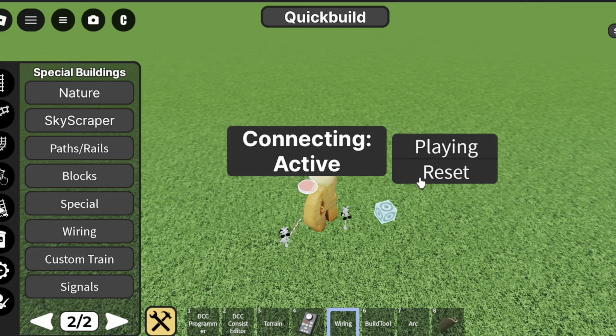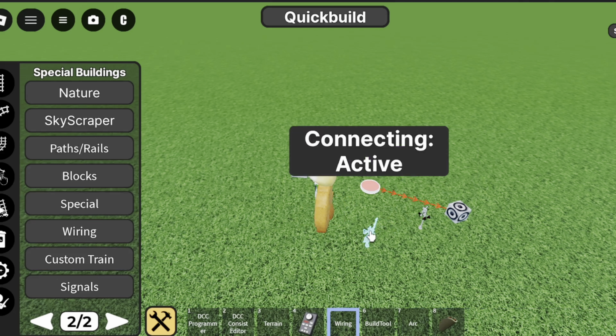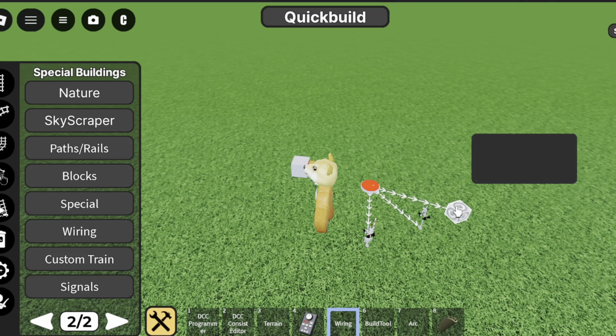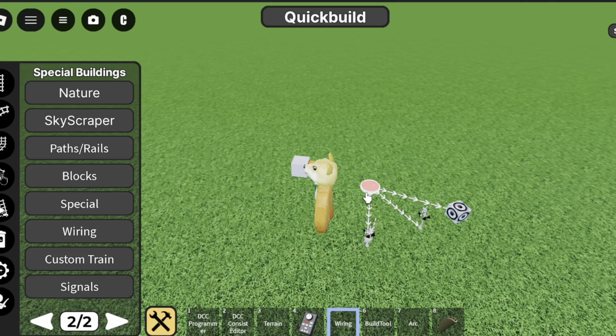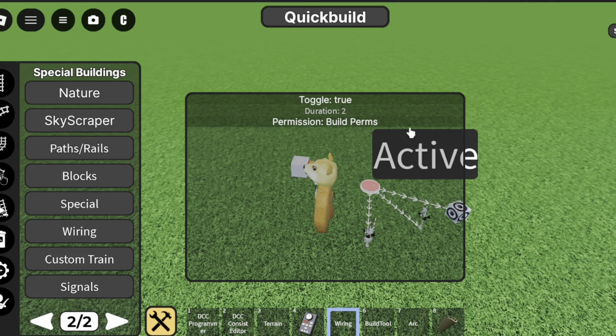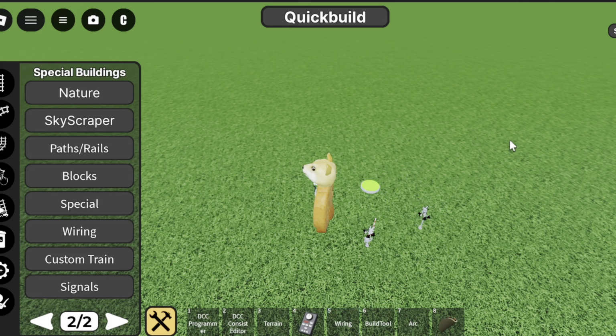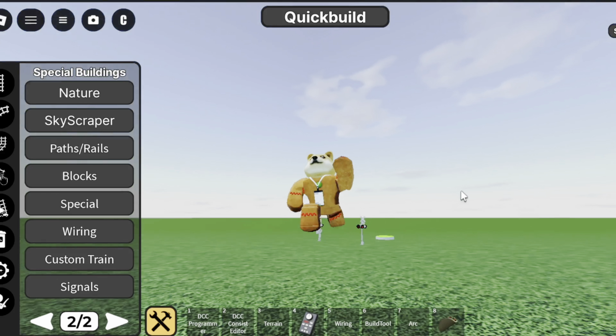Then connect them. And once you do that, you can go back to the audio. You could paste that one in there, the one you already have from before. If it doesn't work, make sure you toggle on true. And if it's a looping one, turn on loop